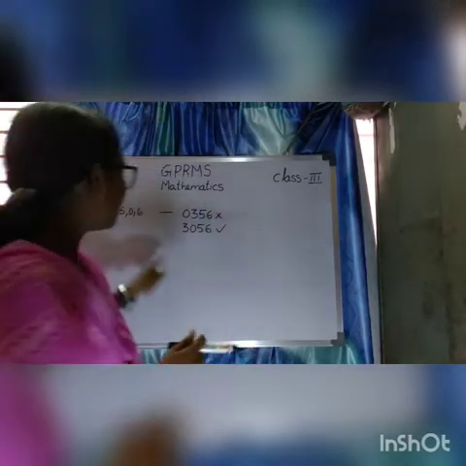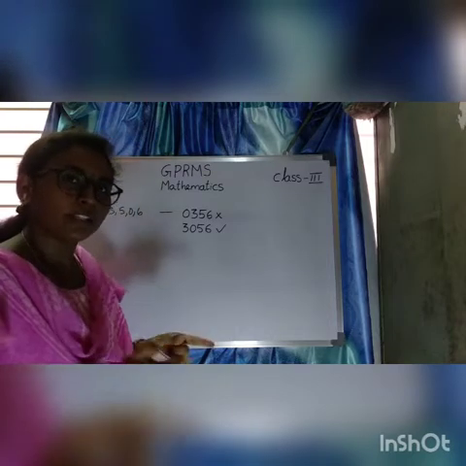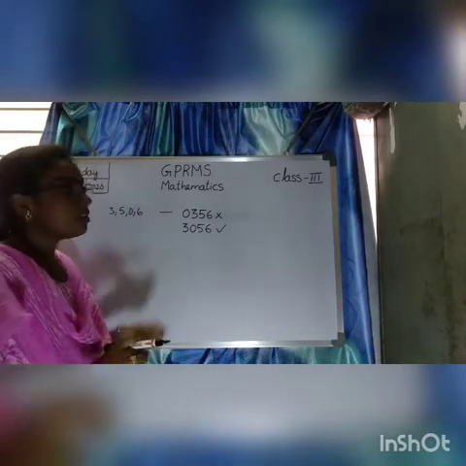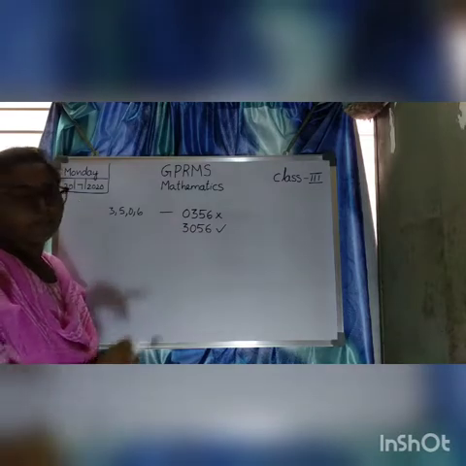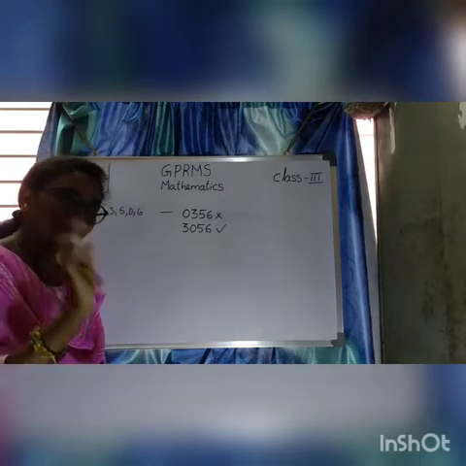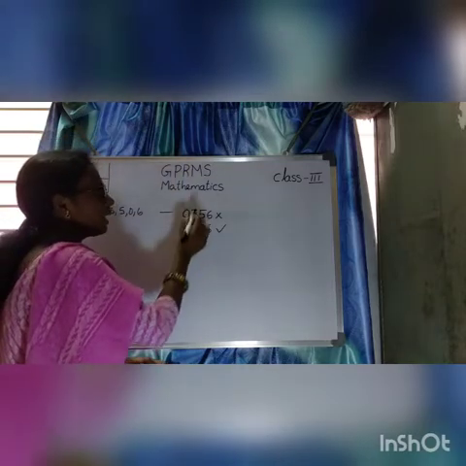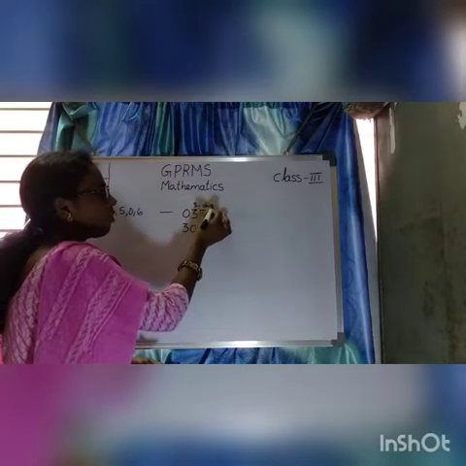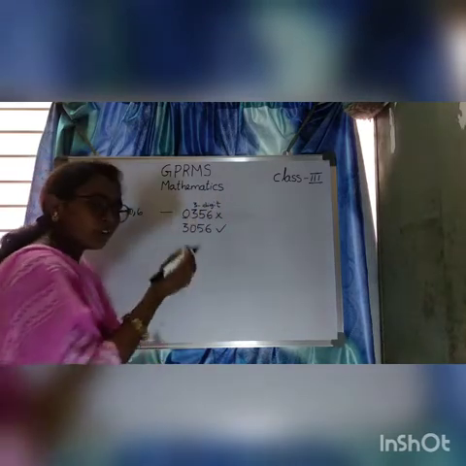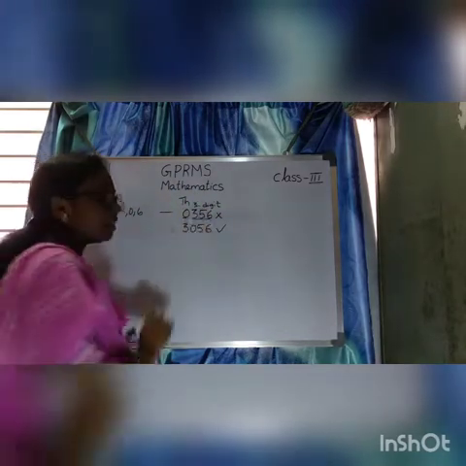Children, in the previous class I told you about forming the 4-digit number, forming the greatest and smallest 4-digit numbers by using single digits. Children, many of you made this mistake. While writing in ascending order, of course 0 will come first. I explained this in the previous video also. 0 will come first, but if you start with 0 it will become a 3-digit number. It can't be a 4-digit number. This is a 3-digit number. Because 0 is in the thousands place, it doesn't have any value. So that's why it will become a 3-digit number.